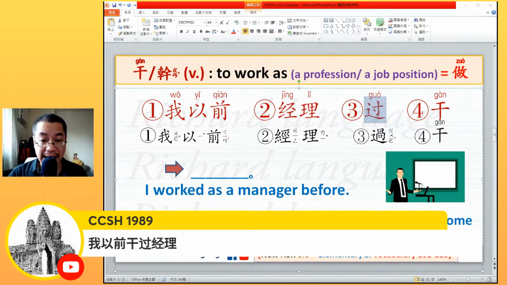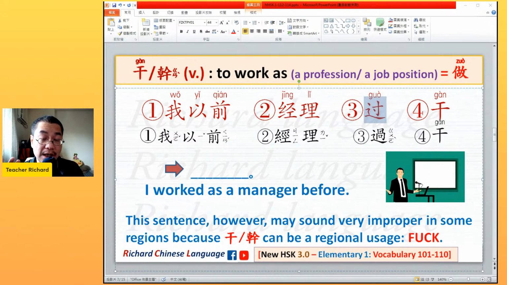CCSH, 我以前干过经理。For example, if I worked as a police officer before, I can say 我以前干过警察。So you can tell teacher Richard, what did you work as before? You can tell me that, right? 你以前干过什么？